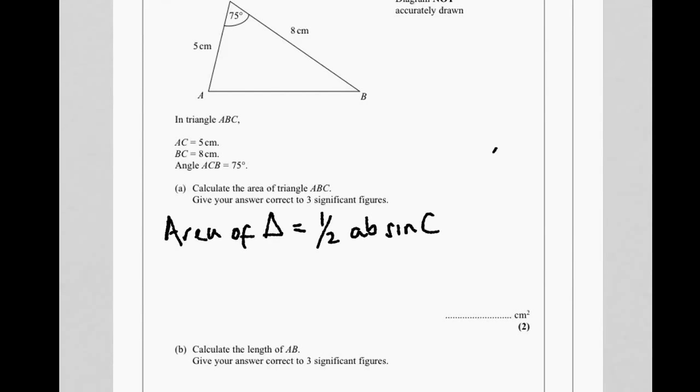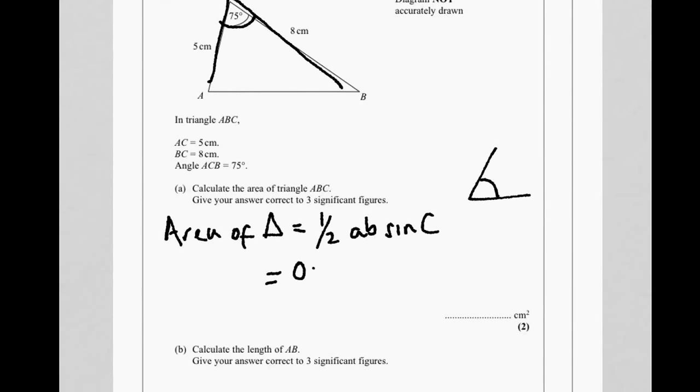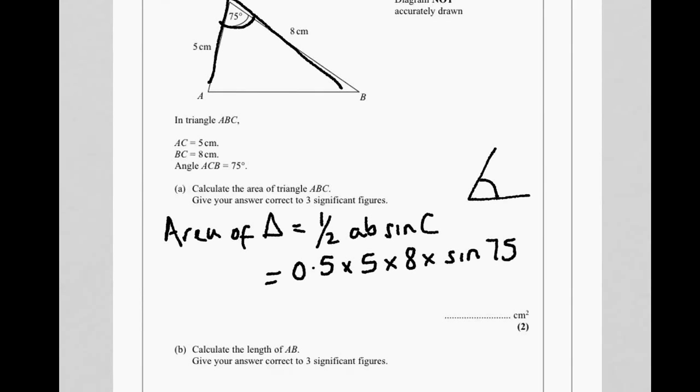And this means if I've got 2 lengths of a triangle and the angle in between, I can work out the area. And lo and behold, I've got 2 lengths of the triangle and the angle in between. So I can just work out by typing in 0.5, that's a half, times 5, times 8, times the sine of 75. I type it into my calculator, 0.5 times 5 times 8 times the sine of 75. And I get my answer